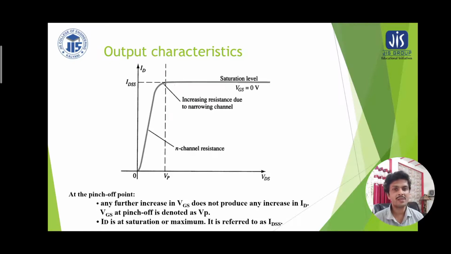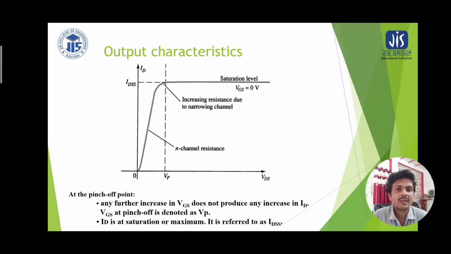Once it is saturated, that means it is reaching the pinch off voltage, the current will be saturated. That means further increase of drain to source voltage will not increase the drain current substantially. So that is why the saturation current is indicated by the term IDSS, which is also marked as the saturation level, when the gate to source voltage is 0 volt. It's a typical condition: without applying any gate voltage, we are getting such a drain to source saturation current. So VGS equal to 0 means the control voltage has not been applied, and there is increasing resistance due to the narrowing of the channel.